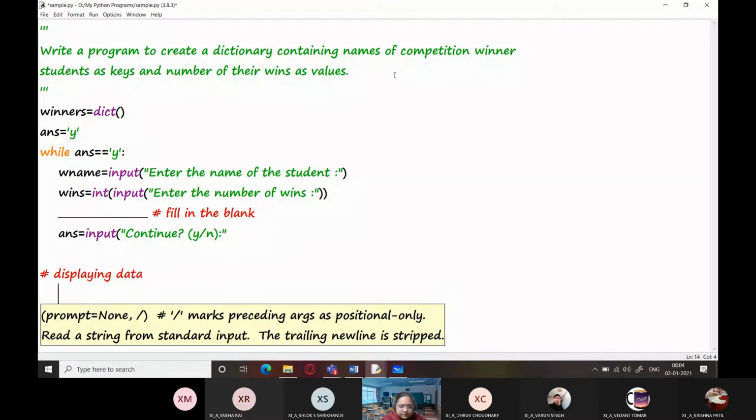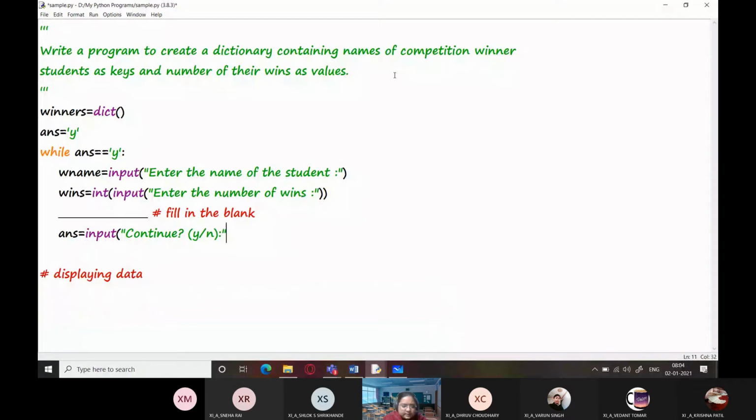Displaying data. Okay, I made a mistake. Whenever you see that unnecessary indentation is taking place, it means in the previous statement you have committed some mistake, right? Okay, so now we have to display this.